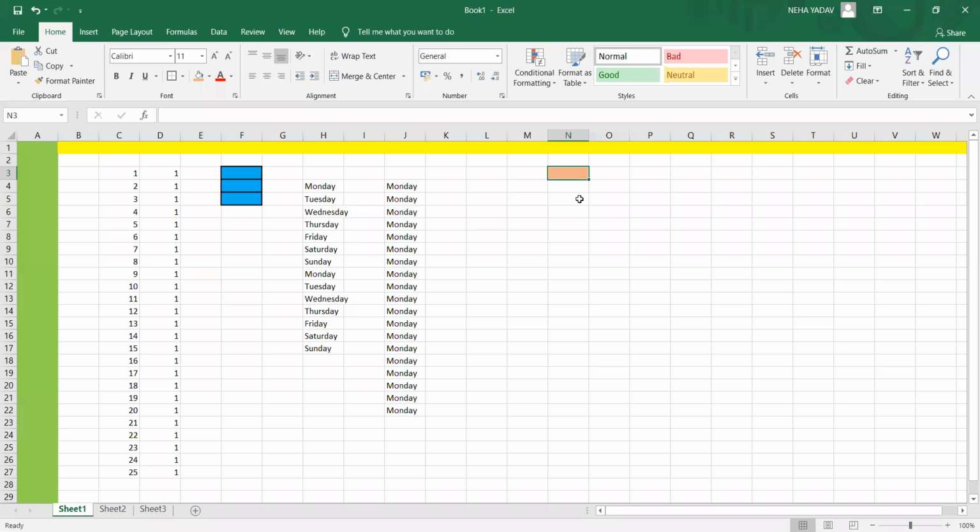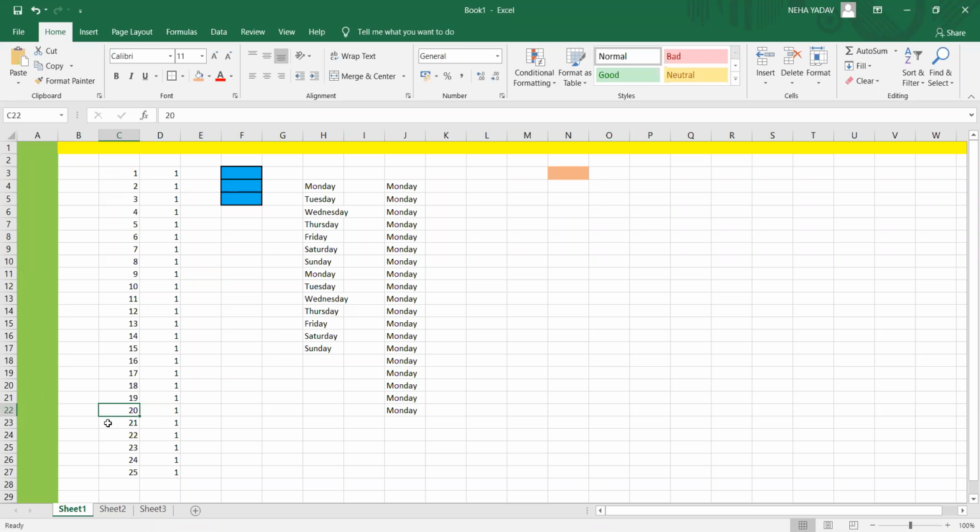Next is the active cell. When you click on a cell, that is the active cell. If I'm clicking here, then L4 will be the active cell. If I'm selecting this range, then all these cells are known as your active cells. If I'm clicking here, this will be C22. You need to be very careful while naming these cells, because the column letter and row number are highlighted in the same grayish color. So C is highlighted and 22 is highlighted.